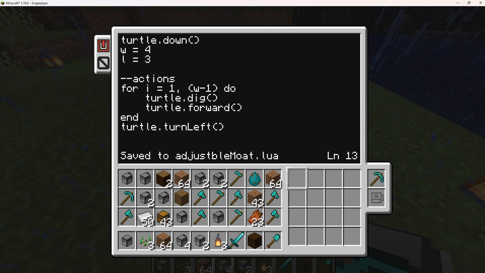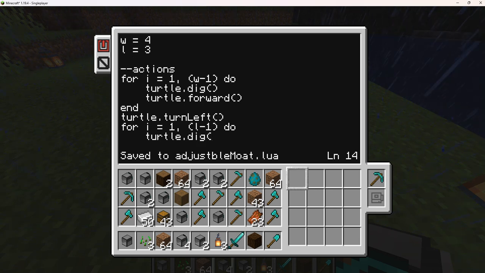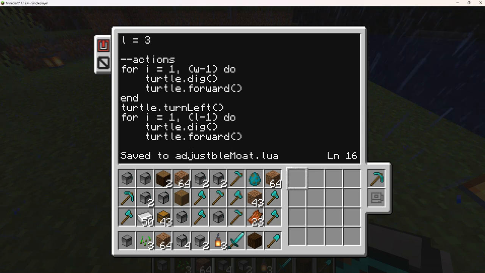All right, so for I equals 1 comma L -1, do the following, which is turtle dot dig in front, then turtle dot forward. Then we're going to end this,